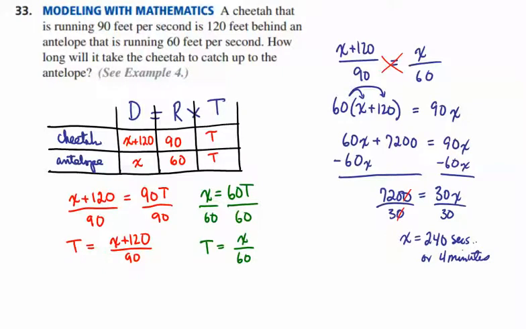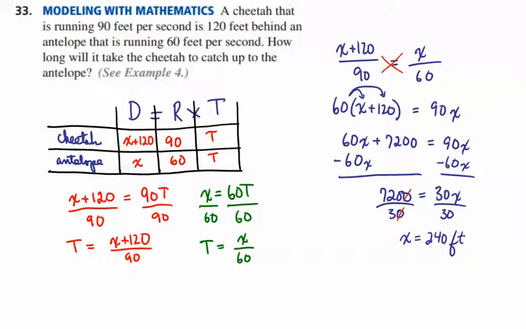Now we can try to make sense of this. It seems like a long time, but remember that a cheetah is extremely fast, but the antelope is also very fast, running 60 feet in 1 second. So if you notice, the cheetah speed is 30 feet per second faster. Alright, I'm going to take that back because when I look over at my table, x is a distance and it's not a time. So I'm going to erase both of those, and so I should have x equals